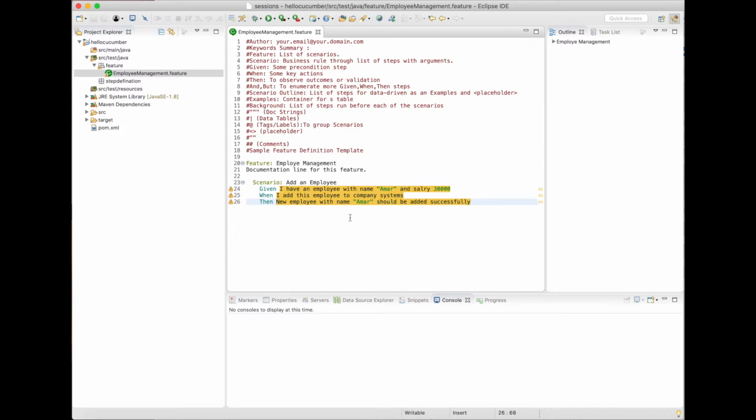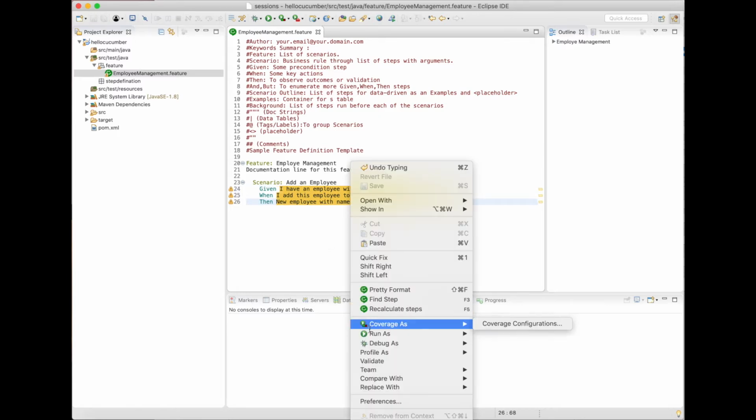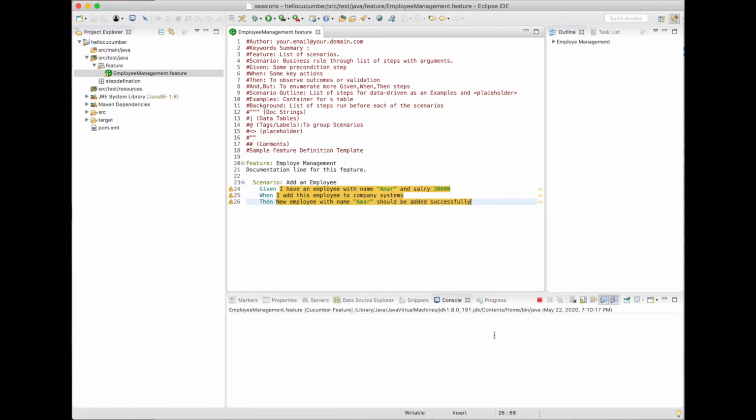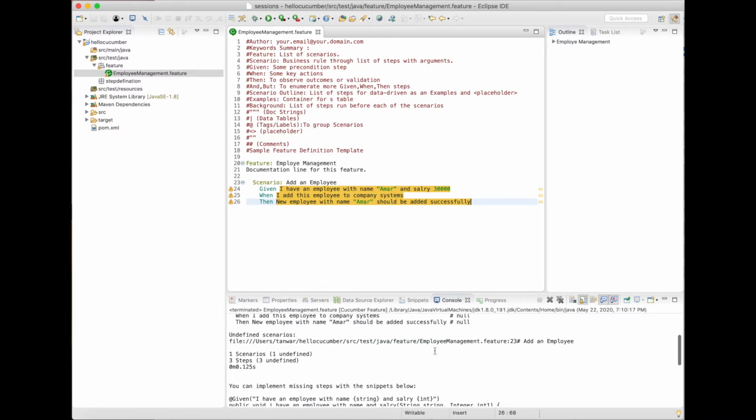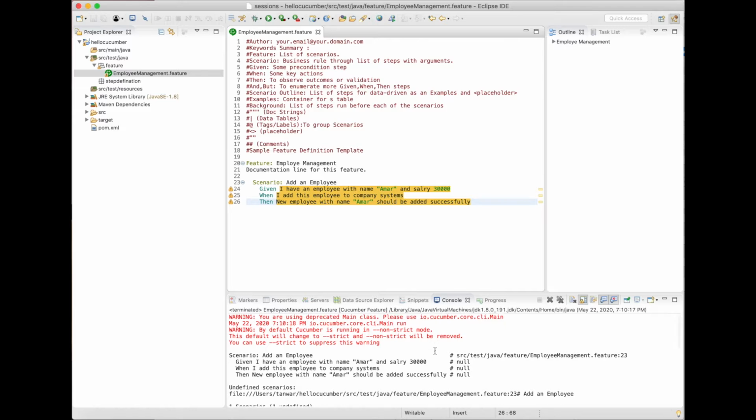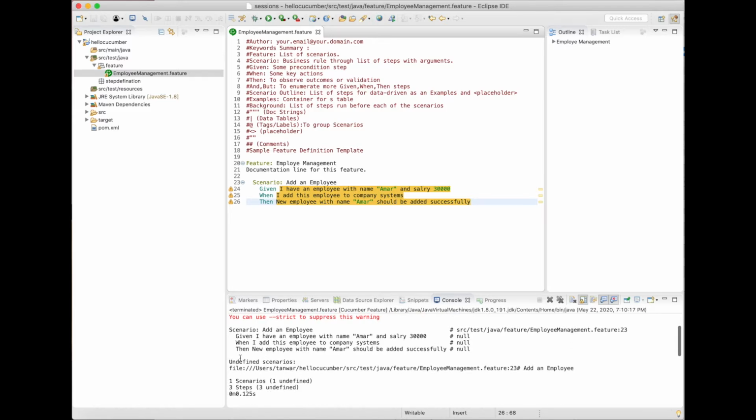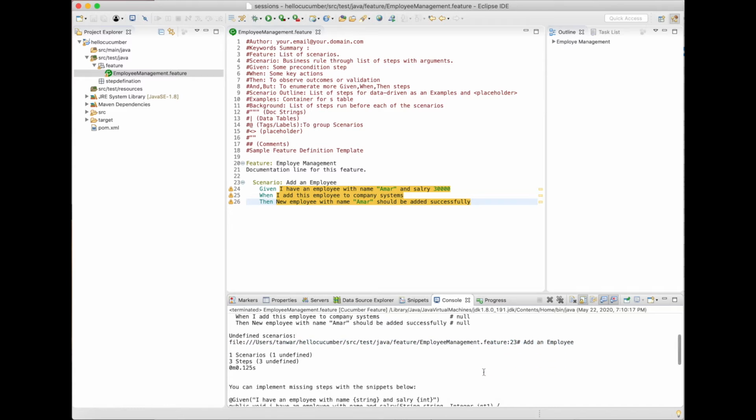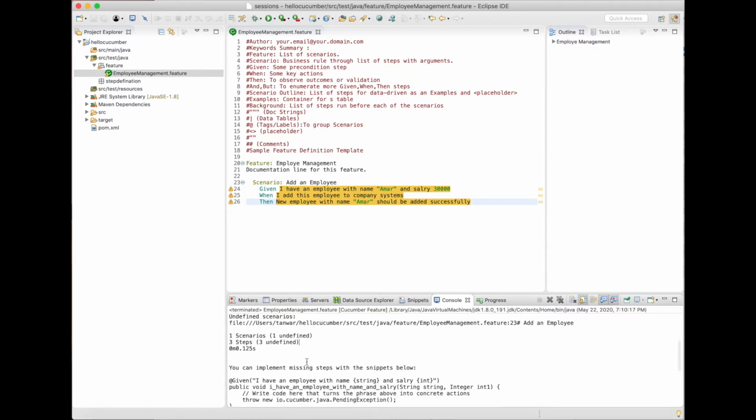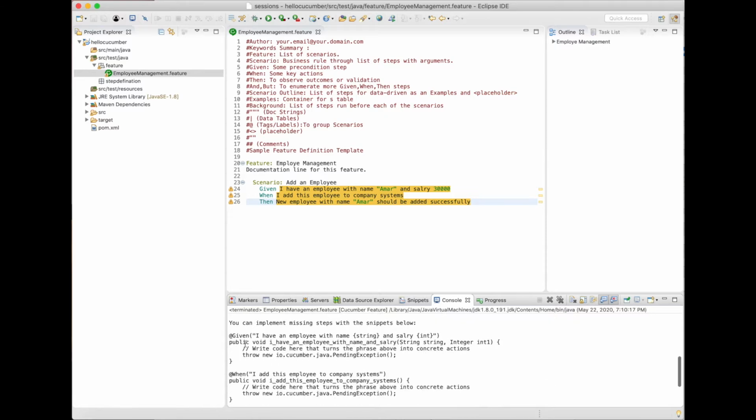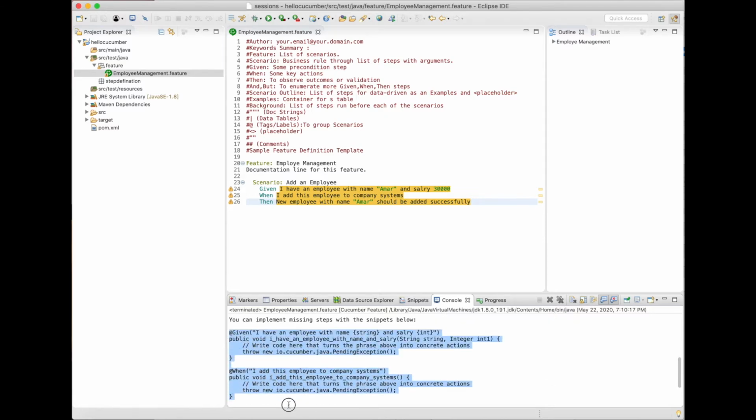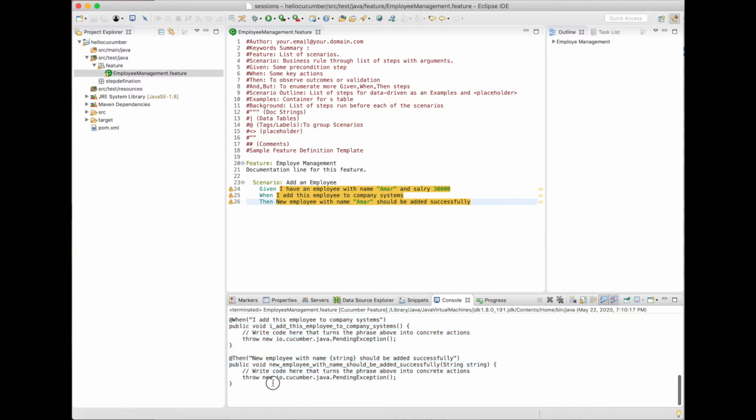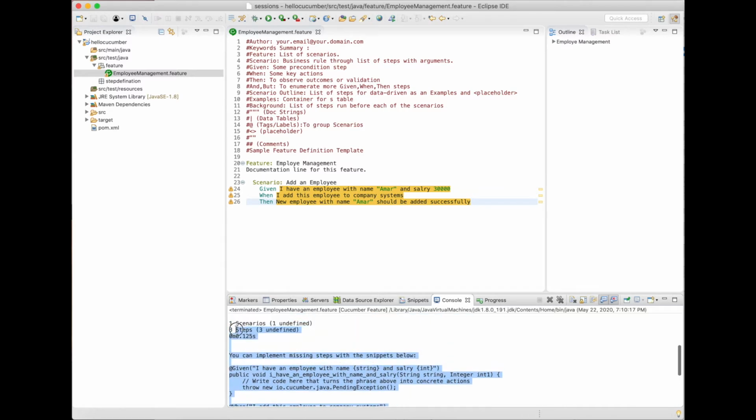Let's run this feature file and see what do we get. Alright, let's examine the output here. For this scenario, we have an undefined scenario here, add an employee. This has 3 steps to it, all are undefined, and Cucumber plugin has given us a stub for these step definitions. So we can copy the step definition